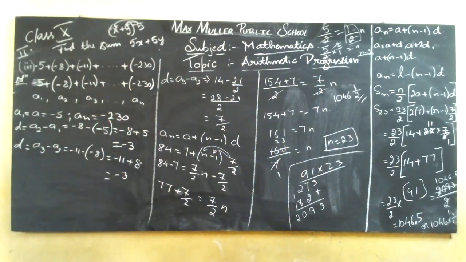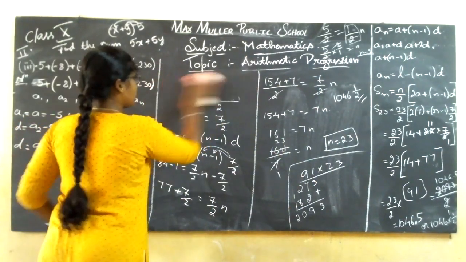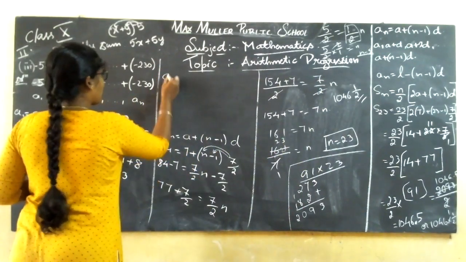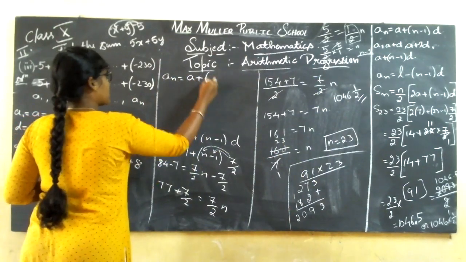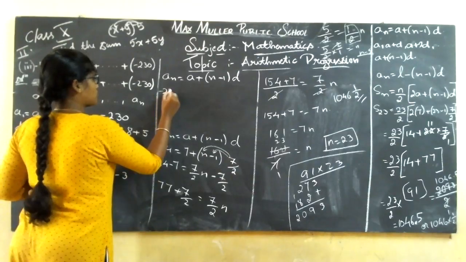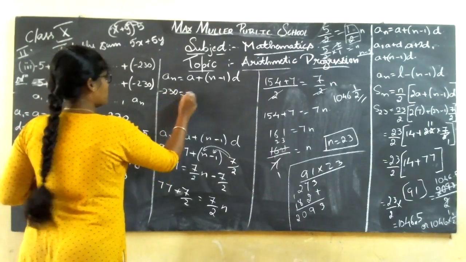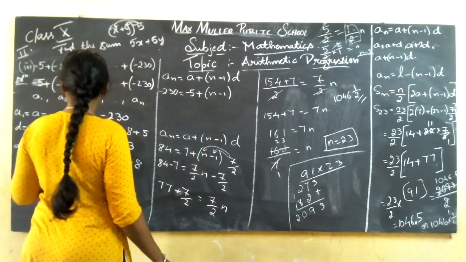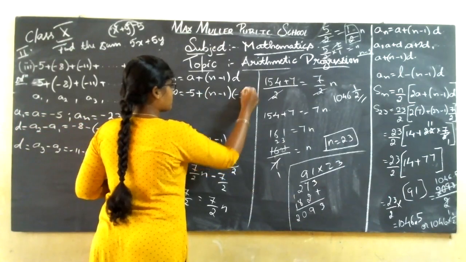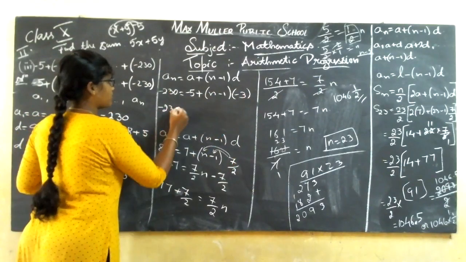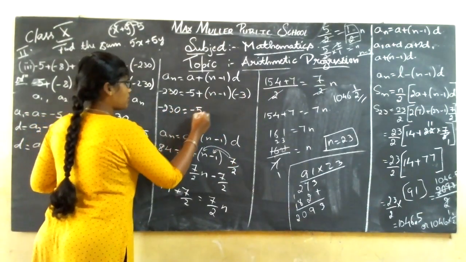An value is minus 230. So let me substitute the formula. What is the formula of an, children? an is equal to a plus n minus 1 into d. What is an value? Minus 230 is equal to, what is a value? Minus 5 plus n minus 1. What is d, children? What is the value of d? Minus 3. Correct? Now, minus 230 is equal to minus 5 plus,